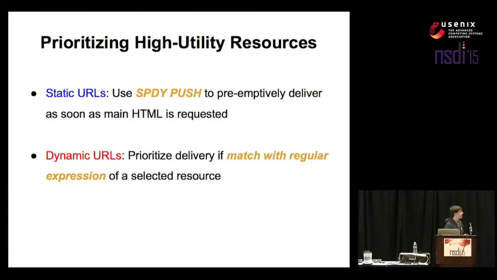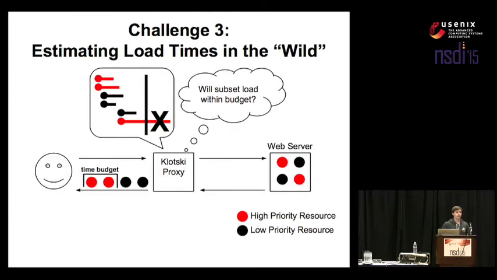So the last challenge that I'll talk about is estimating load times. So let's say our algorithm wants to figure out, okay, I think that I want to send this subset of resources down to the client very quickly. Now we want that subset to actually load within the time budget, which means for a given subset of resources, we have to have some confidence of how long it'll actually take to load on the client. There's a lot of